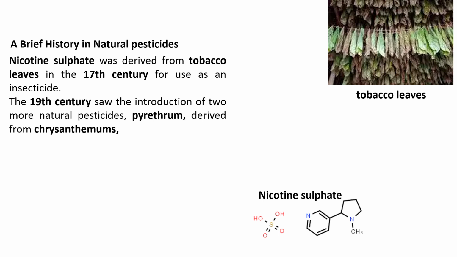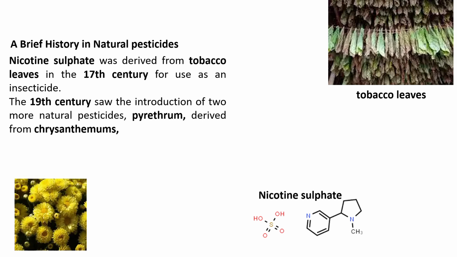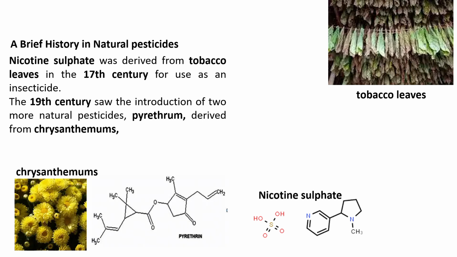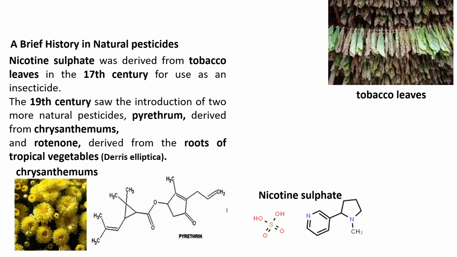The 19th century saw the introduction of 2 more natural pesticides. One is Pyrethrum, derived from chrysanthemum flowers. This pyrethrum is a structure that is not a nitrogen-containing alkaloid. It is not an alkaloid. It is an organic compound with a lactone ring, a 5-membered ring. There are pyrethrin 1, pyrethrin 2, and cinerin 1 also. And in the 19th century itself, the history says,